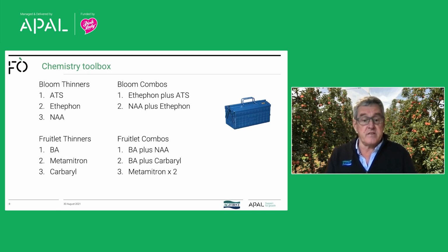The fruitlet thinners, BA, Metametron now is becoming bigger and bigger, and of course the old stablemate Carbaryl. And then there are various fruitlet combinations of BA plus NAA, BA plus Carbaryl. The John Wilton Super Brew, as we used to call it, is BA plus NAA plus Carbaryl. Quite useful if you're trying to get fruit off young trees. And then Metametron, there are lots of people now playing around with this as a 2-application program rather than a